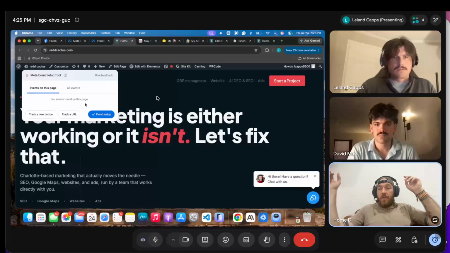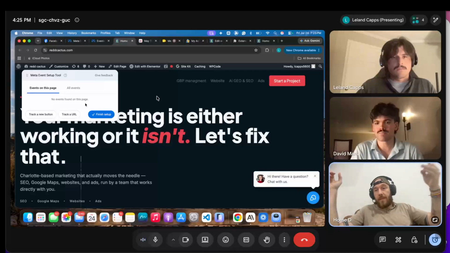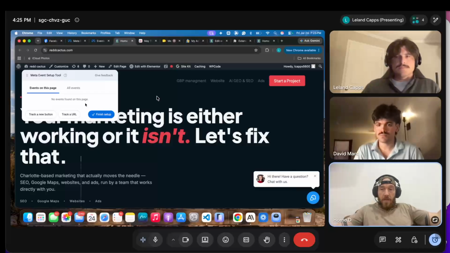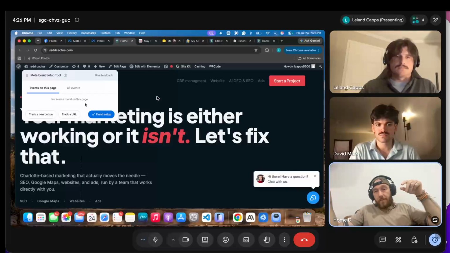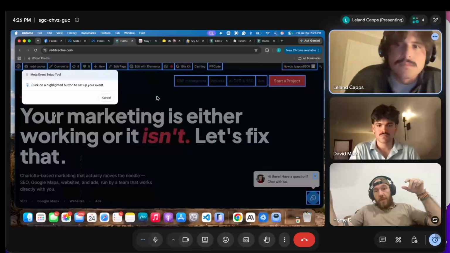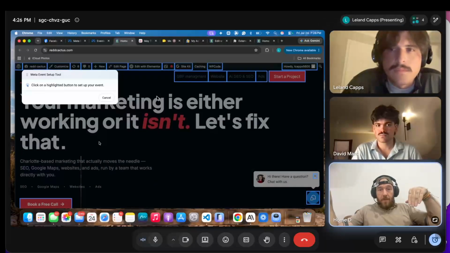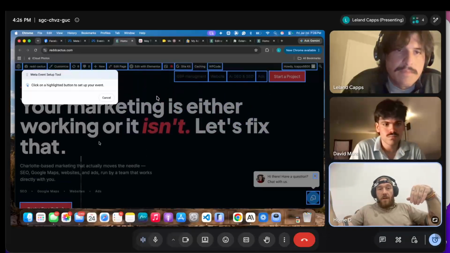So you can track buttons on the website, so you can track what people are doing. In this case, you can add a layer if you want. People are already going to be added as your page view. So if you click track button, see how it pops up like GBP management, website, start project? Okay, so if you click on start project,